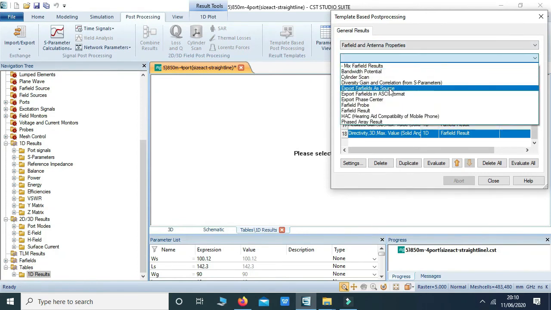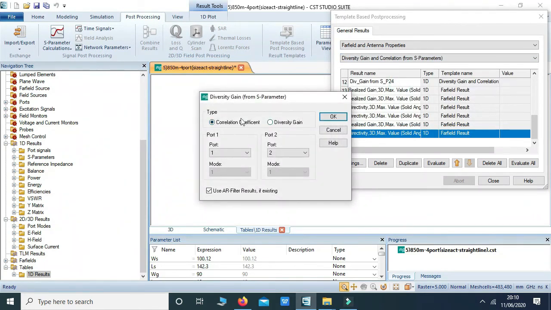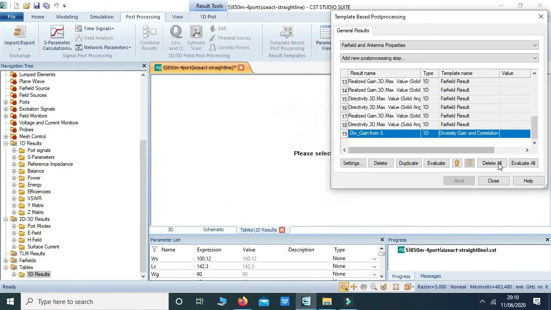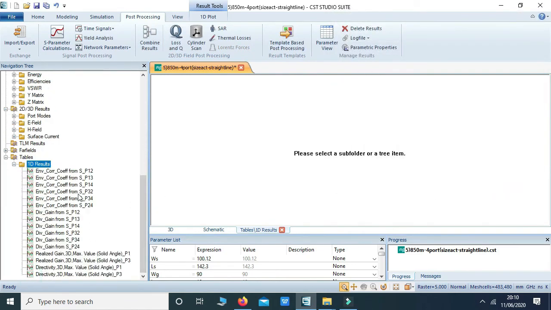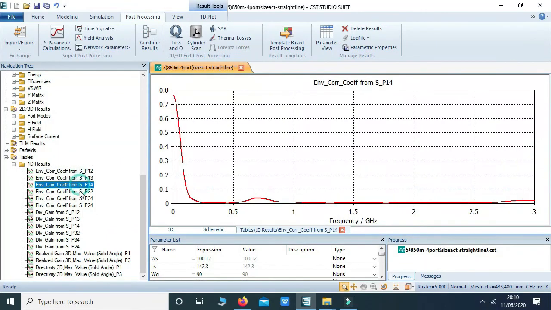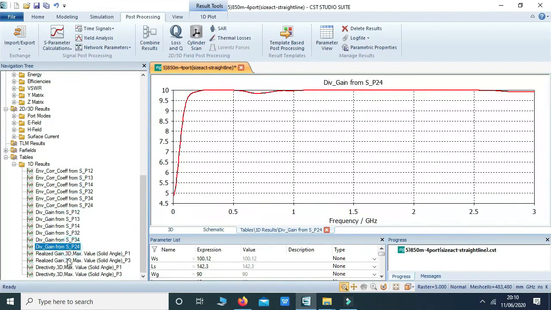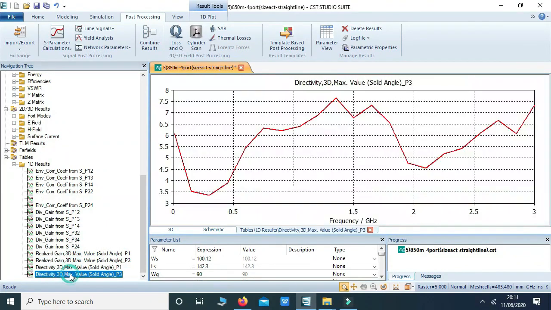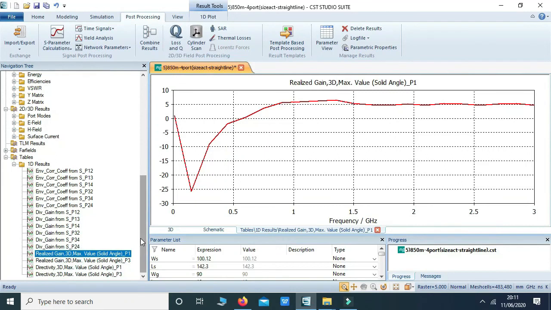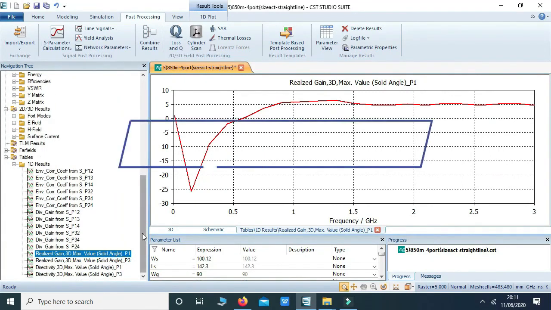For the ECC and diversity gain, we can just get them from here, correlation. This is for ECC, this is for diversity gain. For any isolation port pair that you want, 1, 2 or 1, 3, 3, 2, and so on. After evaluating, I will get to see the ECC for each isolation port. For the realized gain and directivity, the efficiency of the whole antenna we will get